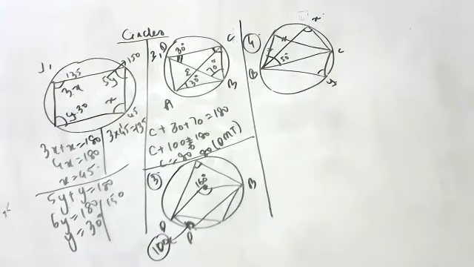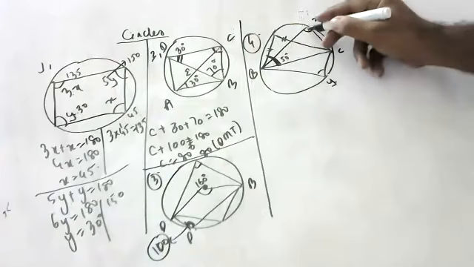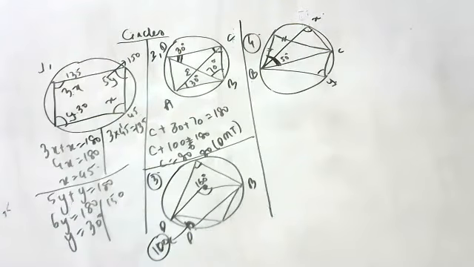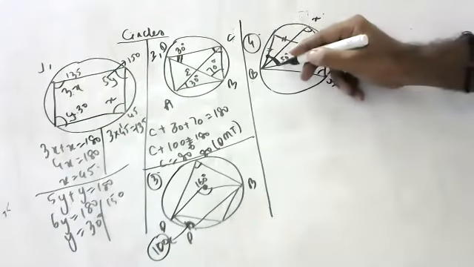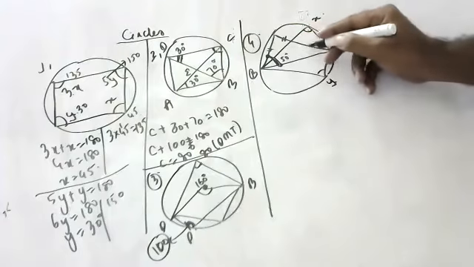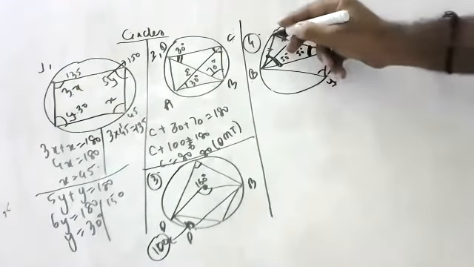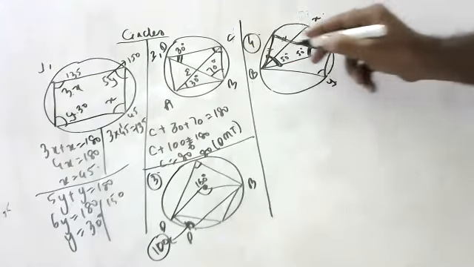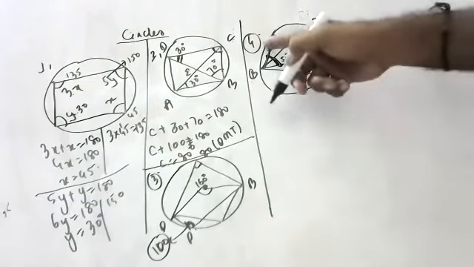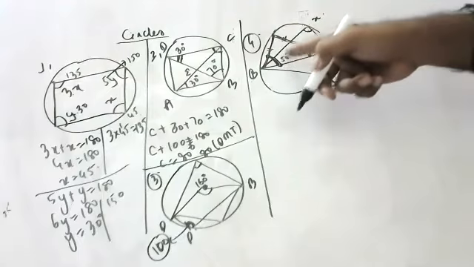Saisha, tell me, if this is 50, how do you find this angle? The whole is 50, sir. Yes, from here to here it is 50. If this is 50, this also will be 50. Can you tell why? Because equal sides have equal base angles. If this is 50, this is 50.